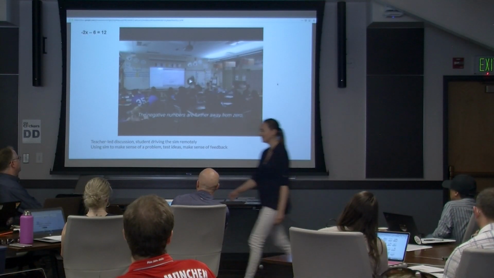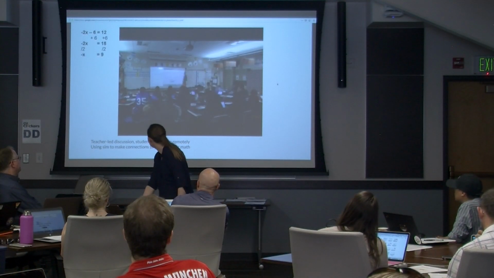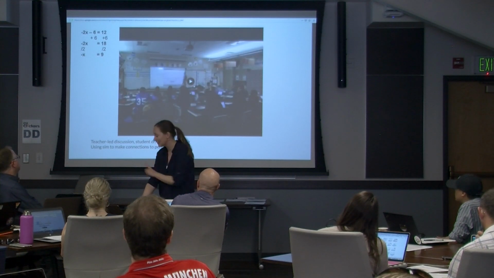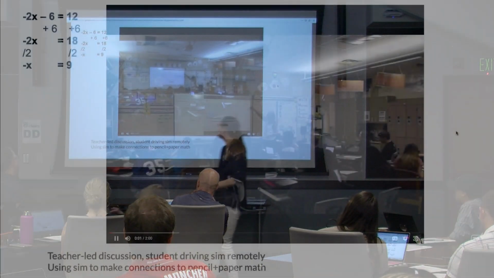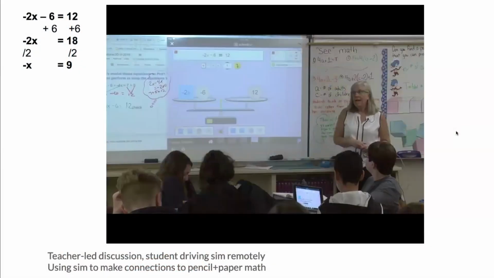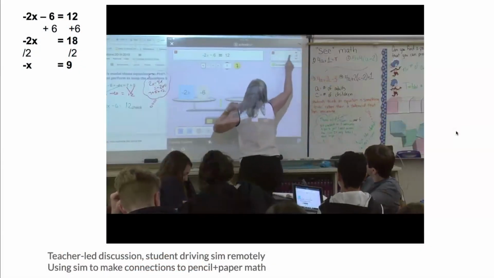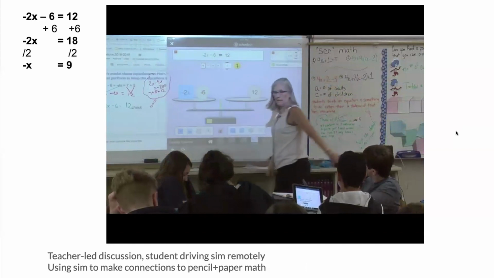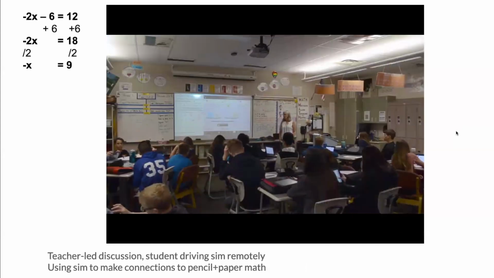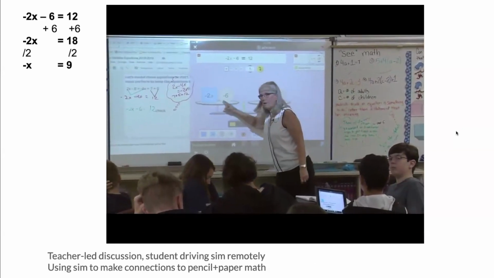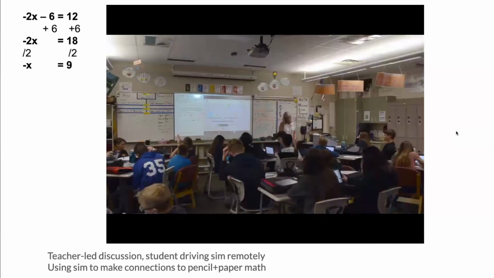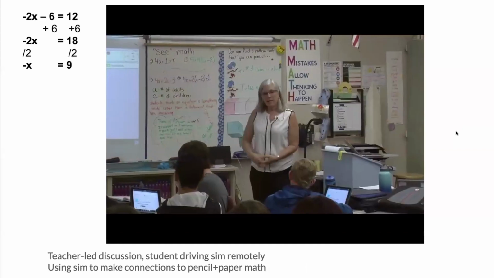All right, one more. All right, so I've got a little context there on the left so you can see the problem they're working on. So we know what the value of x has to be. How are we going to get this value of x on the scale? What do we have to do next to get this x all by itself on one side of the scale? Michael? You add 6 to both sides.